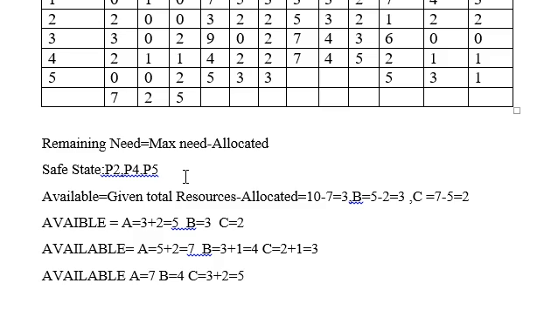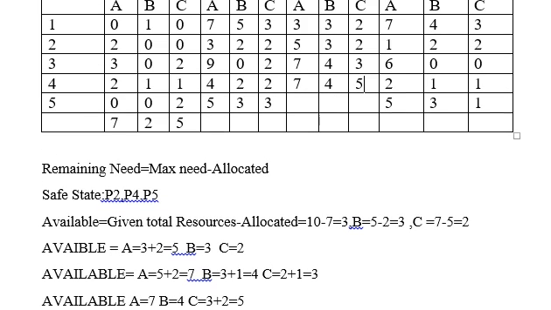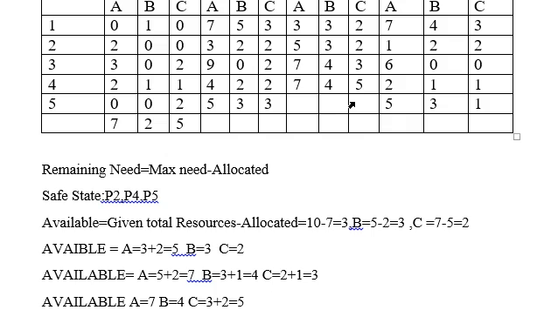And so we have already written that it is P5 that we have served. After P5, next we need to check which is the next process. Here we have P1, and check if we can serve P1 now. The need is 7 and available is 7, so we can serve it. Here the need is 4 and available is also 4, so we can serve it. Here the need is 3 and available is 5, so definitely the next process could be your P1.